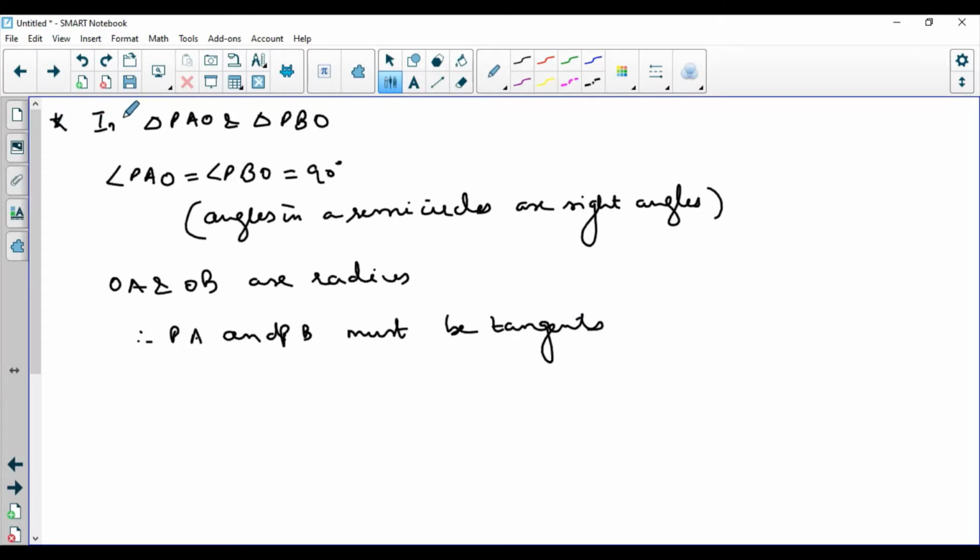And for steps, you can write accordingly. Take O as center, 6 centimeter radius, and draw one circle. Take point P outside the circle, 10 centimeter away from the center. Okay, these steps of construction you can write on your own in an easy way. Join OP, draw the perpendicular bisector of OP, let that meet OP at point M. Then taking M as center and MP as radius, draw one more circle. Join PA and PB to get the tangents. So these are the steps of construction. I hope you understood.